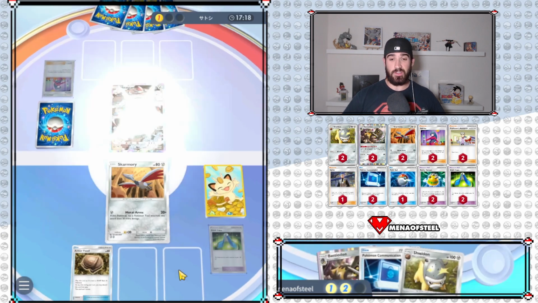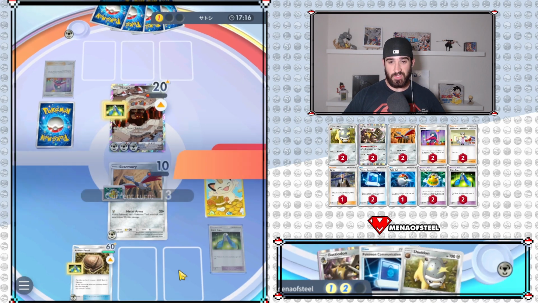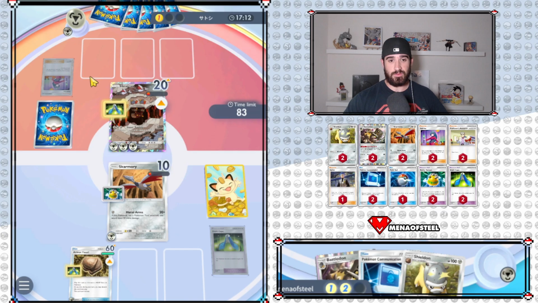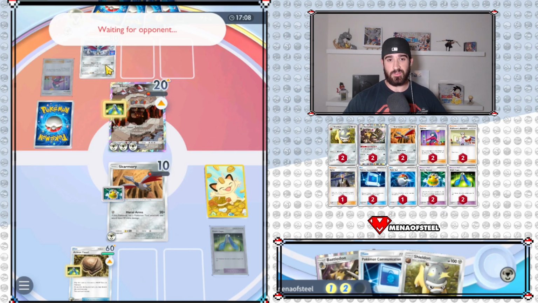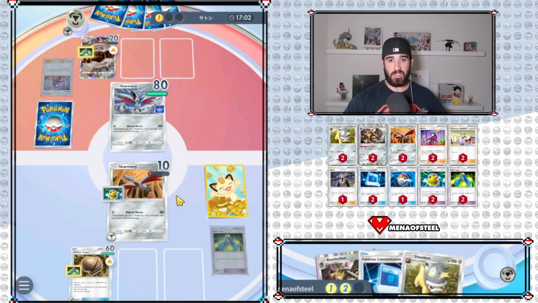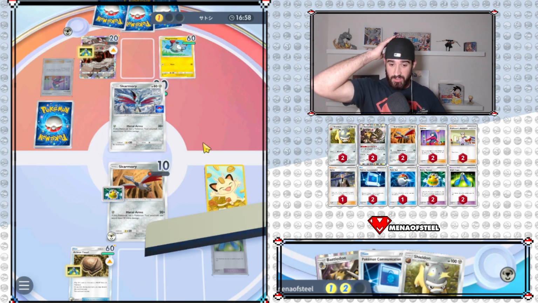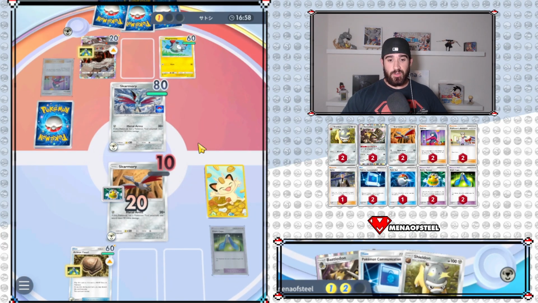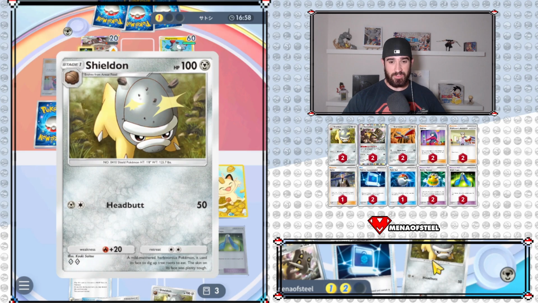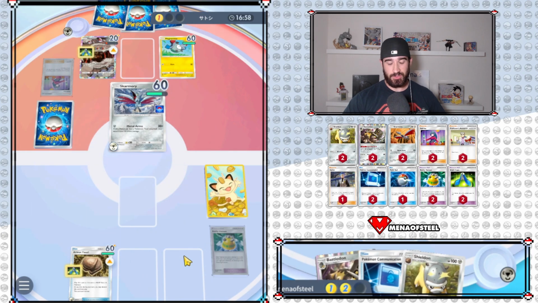Alright, so yeah, we just needed that to guarantee the turn. Now Heatran can't swing, or it takes itself out. And luckily we already have 2 points, because if not, then this Skarmory could become an issue. He does win this trade though, like he could swap out here. Yeah, so he has... There's a lot going on. How much does Shieldon do? 50? Oof. Just short of...